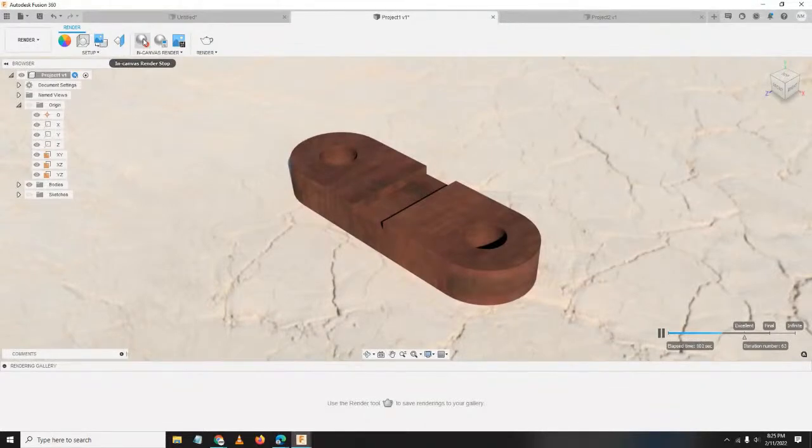Later, after natin mag-render, i-instruct ko kayo kung paano tayo gagawa ng inyong sariling folder sa ating A360 drive. Doon idadump lahat ng inyong exercise files.